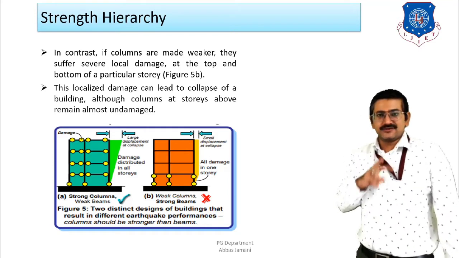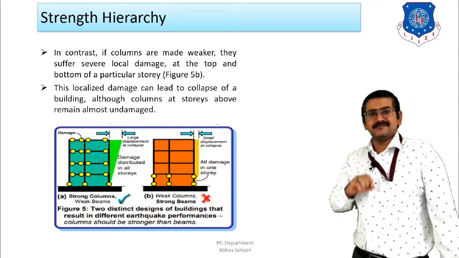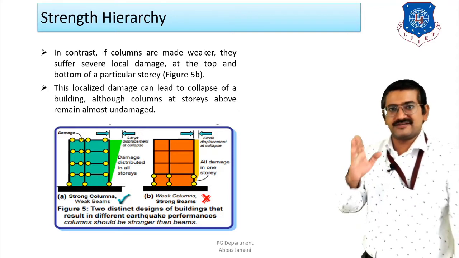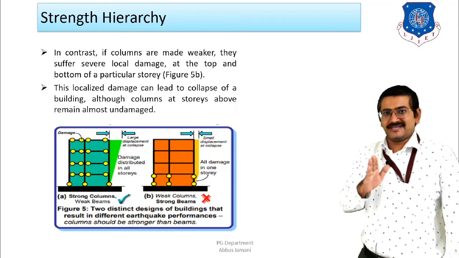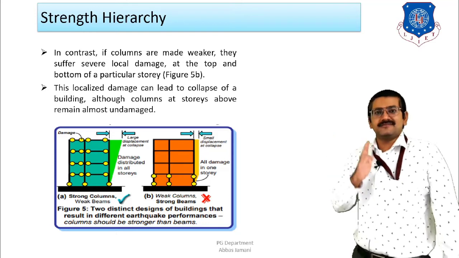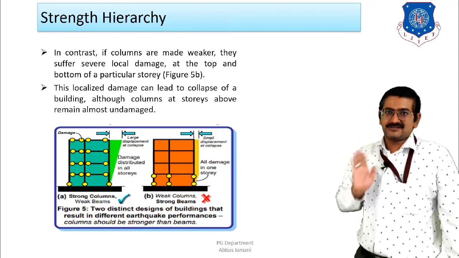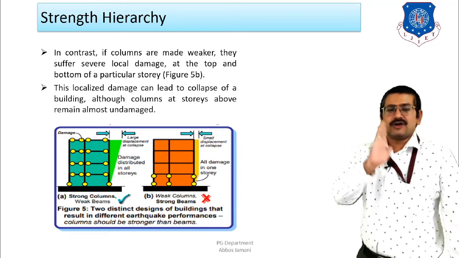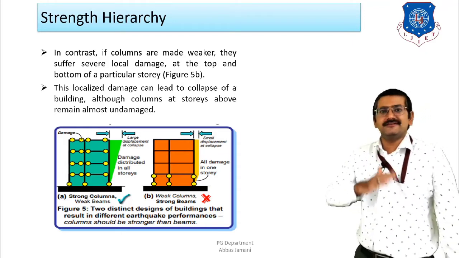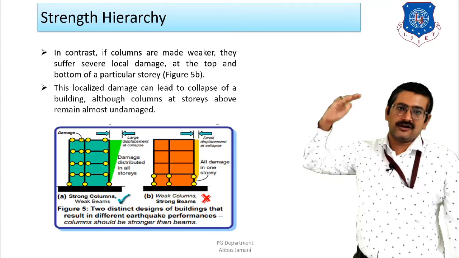Now, what is going to be the difference in the behavior of the building can be clearly seen from these two figures. In the first figure, where the beams are damaged locally at different floor levels, the columns are going to remain intact. Right? And if proper detailing of these columns is done as per the ductile detailing code, then it will undergo large deformation, but the building will not collapse. So whatever damage or deformation is observed in the building will be distributed evenly, or sufficiently equally, along the height of the building.